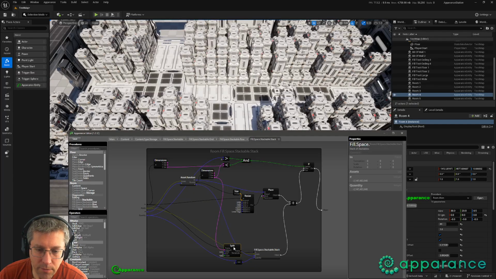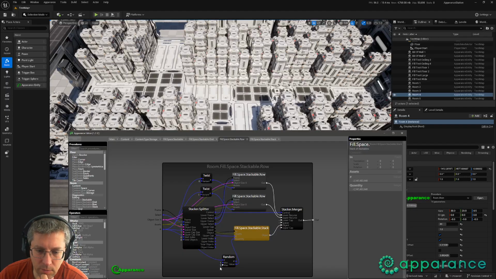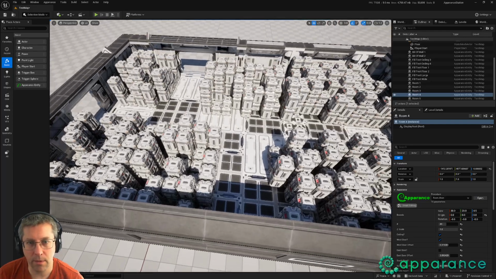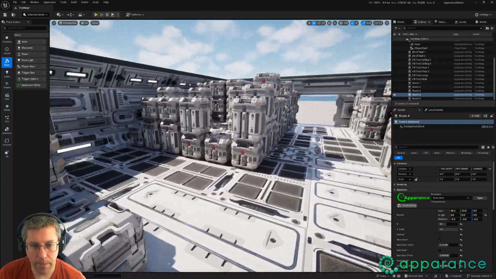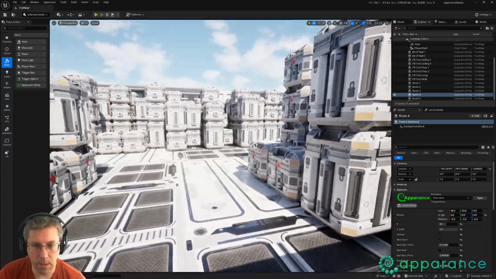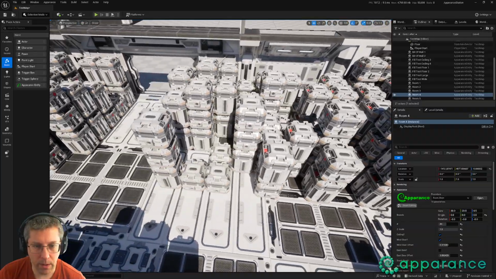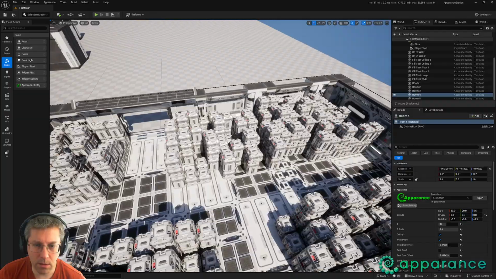So each time you split off a bit with the crate, you fill the remainder in with the same procedure, and it will just keep stacking until it decides it doesn't want one, because there's a quantity here which is passed in, or there's no room for one, in which case it just stops anyway. I think at the moment we've just done a random quantity from 1 to 5, so there's always 1, but if we did that to 0, we can sometimes have some gaps. That might be quite good. There we go, we've got a few spaces appearing. That works quite well. What I want to do is look at,